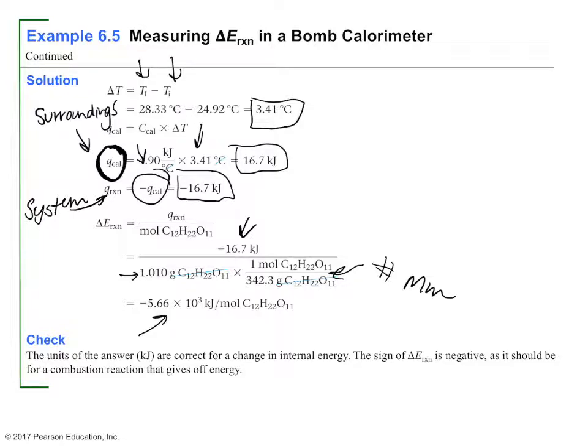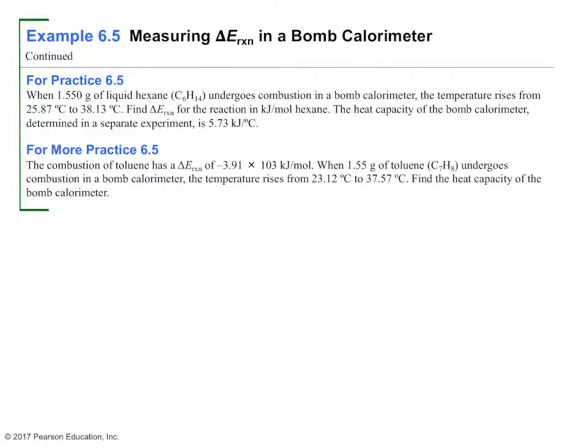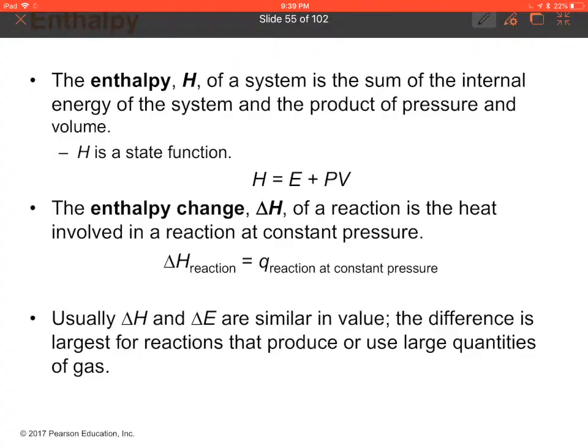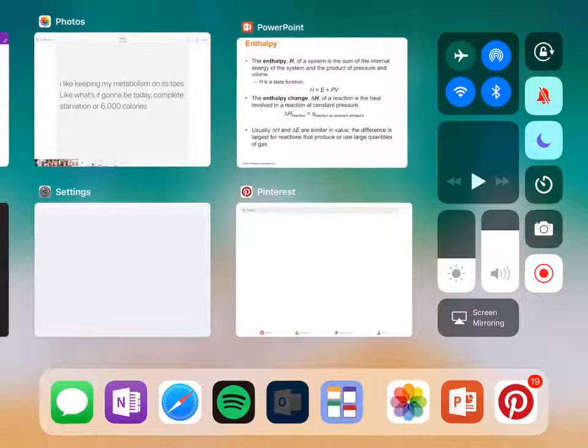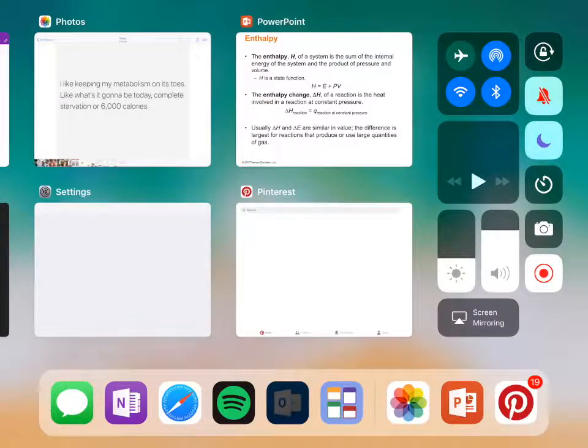For the change in internal energy, the change in energy of the reaction is negative, as it should be for a combustion reaction that gives off energy. This is a combustion reaction. It's going to give off energy. That means that the system, which is the reaction, is doing work. So it should be negative. Okay. And so we're going to stop here for today. We'll talk about enthalpy